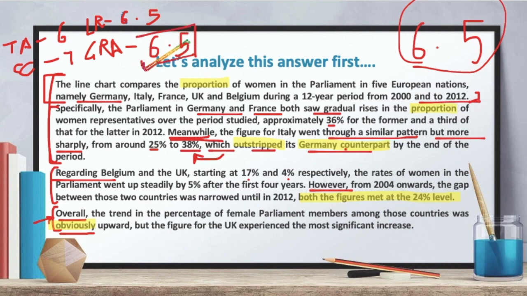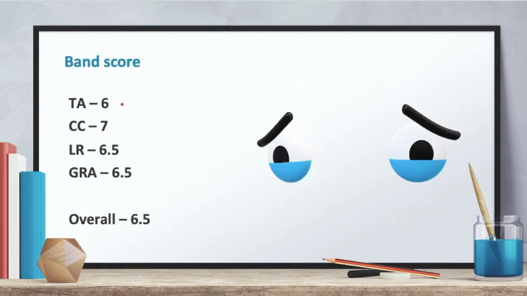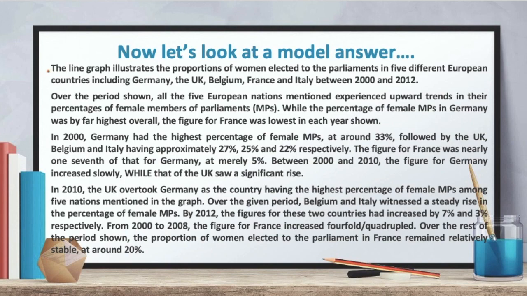So the overall score would look like this. Task achievement 6, coherence and cohesion 7, lexical resource 6.5, grammatical range 6.5. So it will come out as 6.5, which is not a good score. Let's try and take a look at how we can have a model answer, at least a band 8 or 8.5 answer. So we are going to start off with the paraphrasing of the question, which is the line diagram